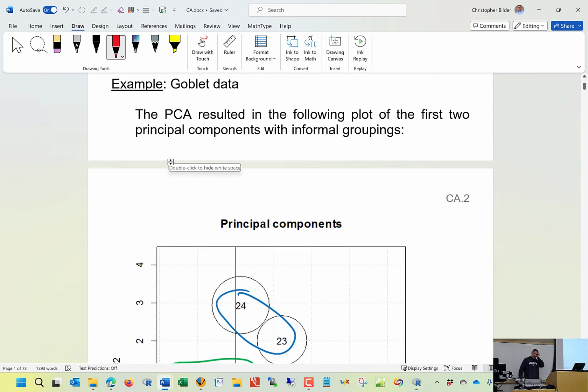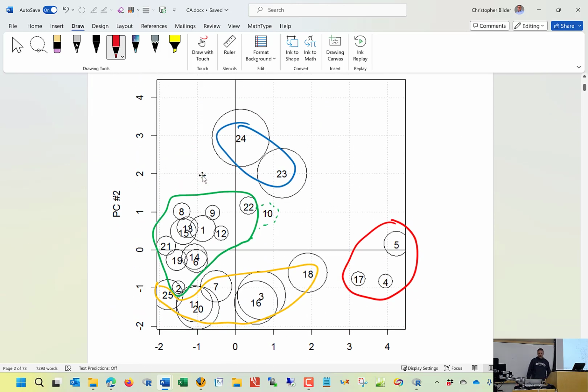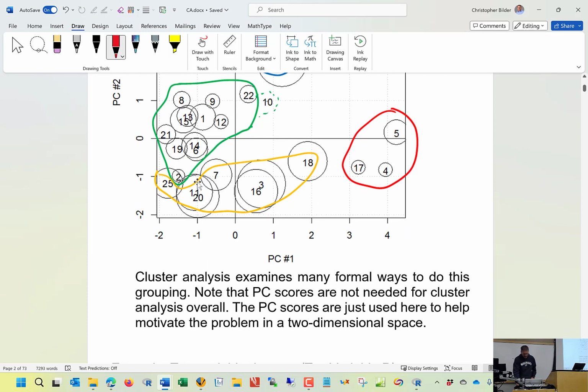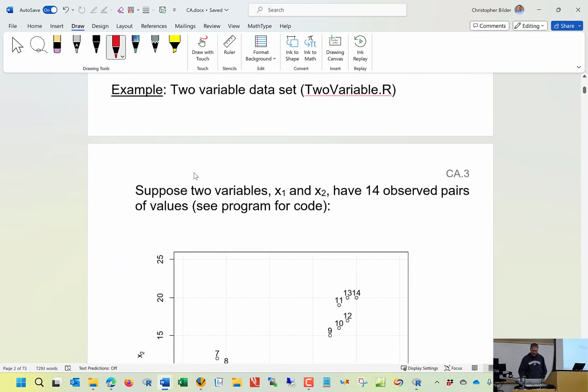So to help set the scene here, let's go back to the goblet data. This is a plot that we actually just kind of saw a little bit earlier today, where we had these informal groupings of the observations. And as I alluded to, cluster analysis will help us formalize this a lot more. And so to see how cluster analysis works,